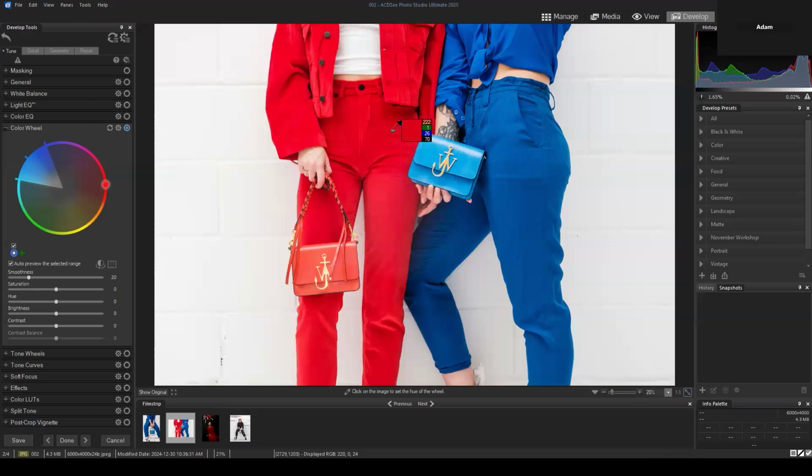So in the case that I want to select red with the eyedropper tool, you can see that my hue range actually moves over to the red value. Looks like this white has a little bit of blue in it, so that's selected. And when I navigate back to the blue section of this person's clothing, that portion is selected. Much like the